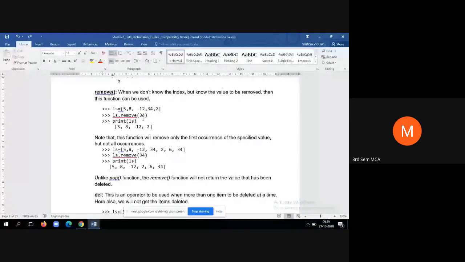Now the question is, say you want to delete some element which occurs multiple times in the same list. If that is the case, the one which occurs first will be deleted. For example, you want to delete 34 and 34 is present at the second index and the 10th index. Now if you pass 34 as a parameter to remove, it will remove the 34 which occurs first in the list, that is the second position. Therefore the element at the 10th index position will be retained, and the 34 at the second index position will be removed.